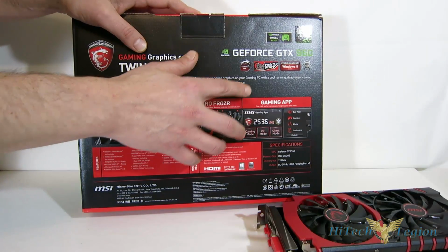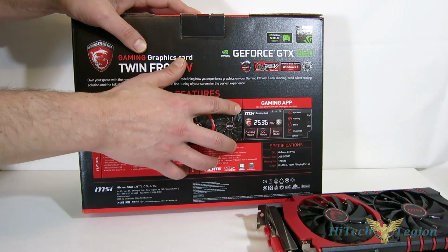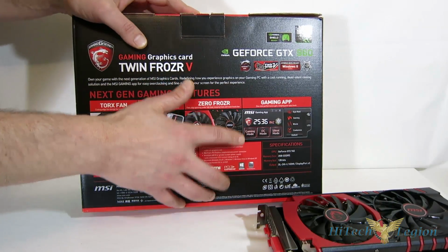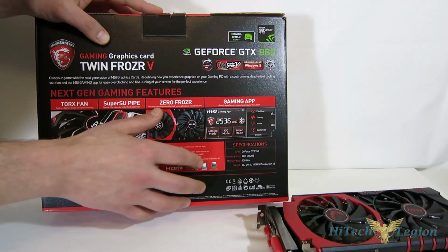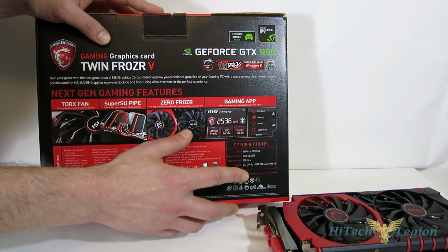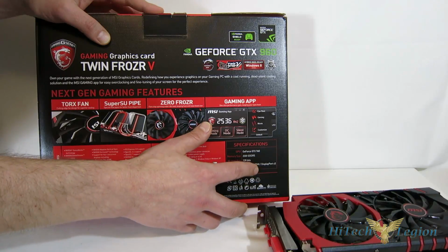And as I was just saying, it does come with the gaming app that we're going to get a look at in the second video for this card itself. Specifications right here: GeForce GTX 960, 2 gigabytes of memory, as I said, 128-bit memory interface, and dual-link DVI, HDMI,